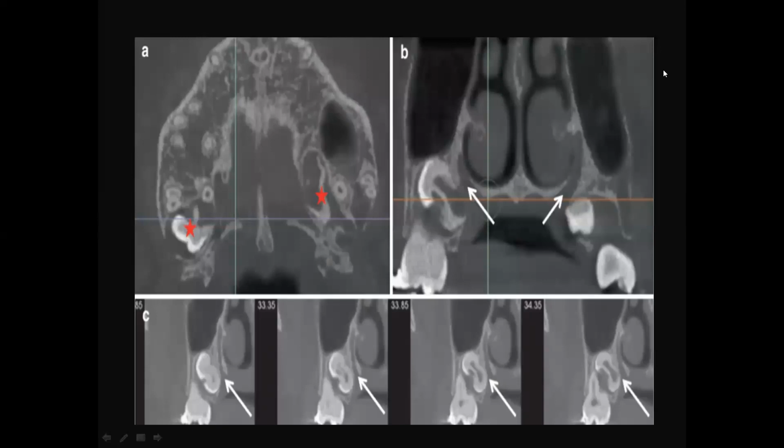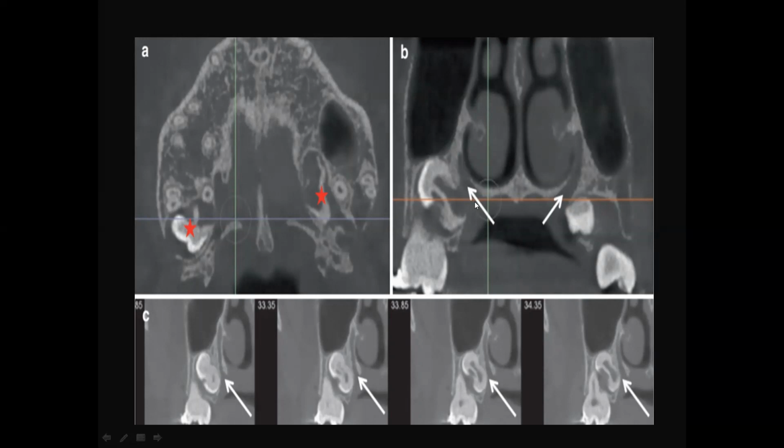Now, when we talk about the maxillary third molars, there is a vital structure apart from the maxillary sinus. We all know that when the third molar is impacted, mostly on the upper side, there are the greater palatine and the lesser palatine vessels present over here. The greater palatine vessels are present on the palatal side and, passing upward, go into the pterygopalatine space. You can see that over here, shown by the arrow.